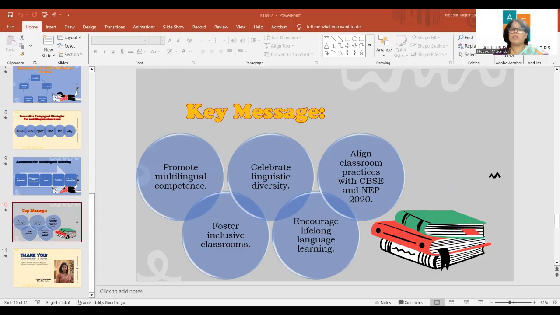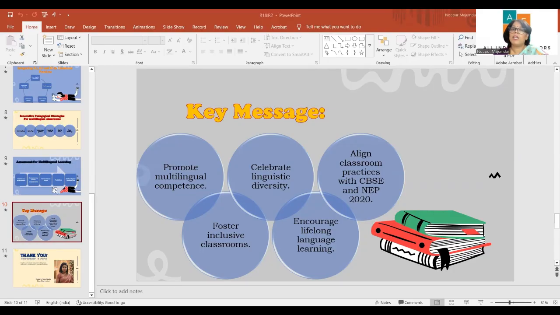Our goal is not simply to teach the 3 different languages. Our goal is to help our students become confident multilingual communicators. When learners can read, write, speak, and think across languages, they become more adaptable, creative and effective communicators. Dear educators, a student who can express a scientific concept in English, discuss it with his parents in Hindi, and recognize related terminology in Sanskrit or any other regional language demonstrates true multilingual competence.